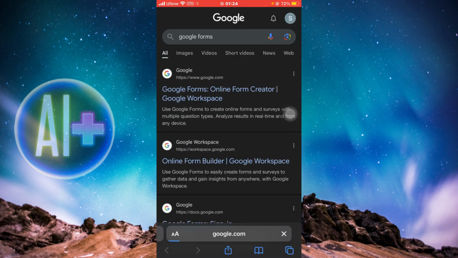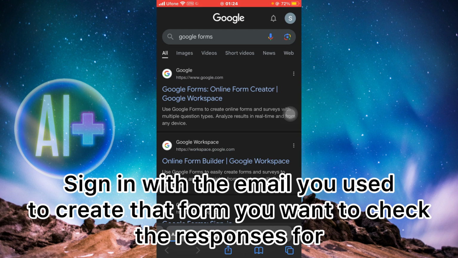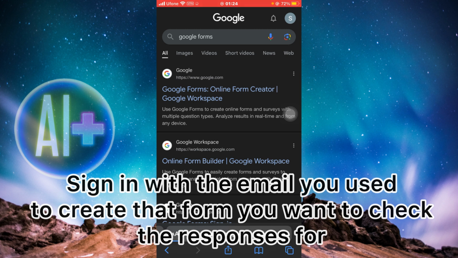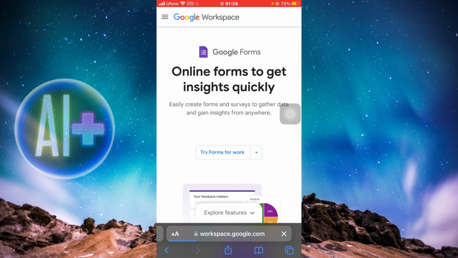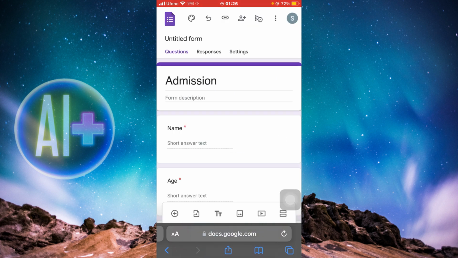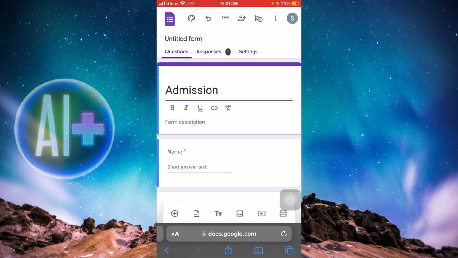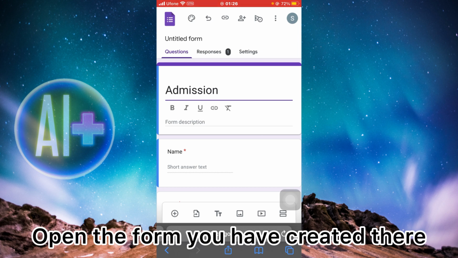So once you click on that, you'll be redirected to another interface where you need to sign in with your email. So make sure you're signing in with the email that was the creator or that owns that particular form. So after that, you can just click on sign in over here. And then you can see that this is the form that I had created, and I want to check the